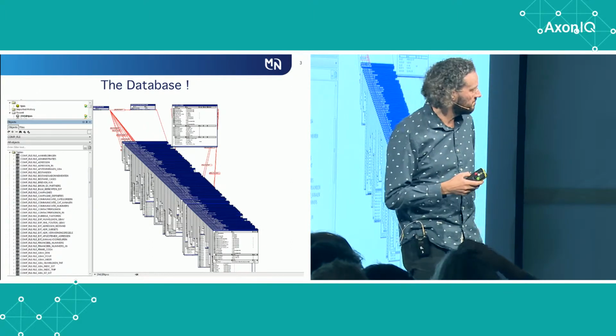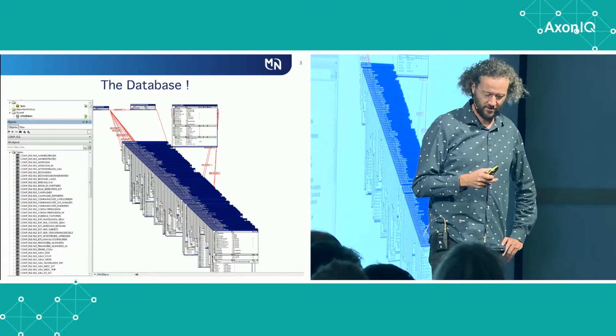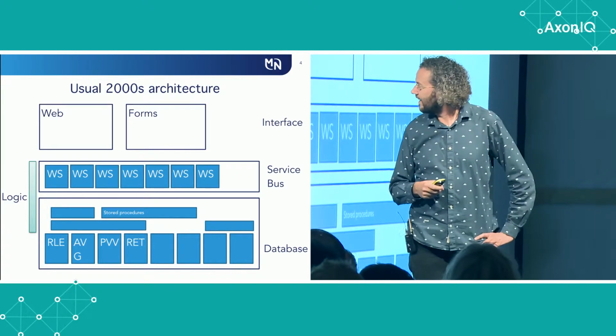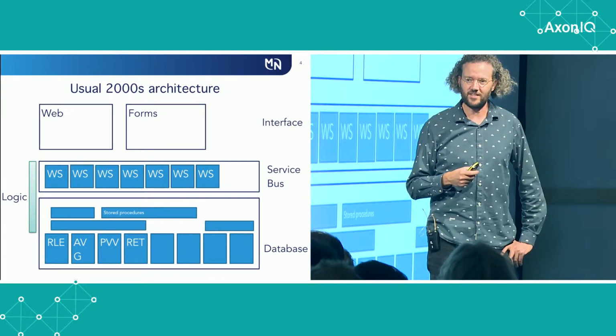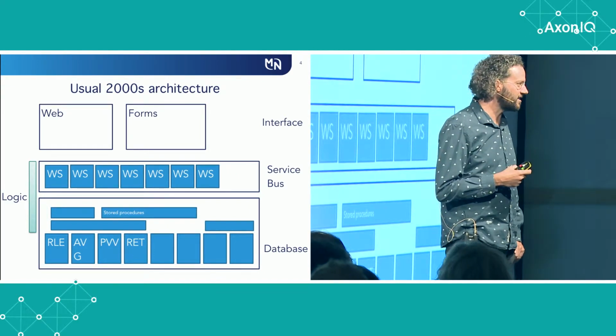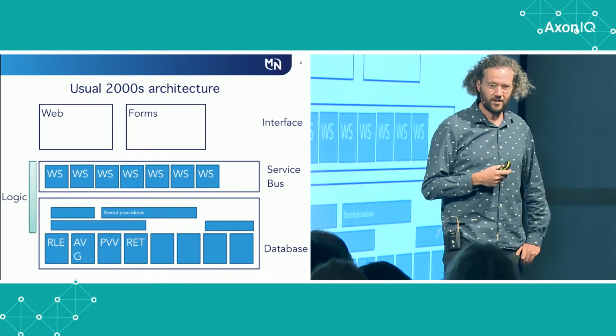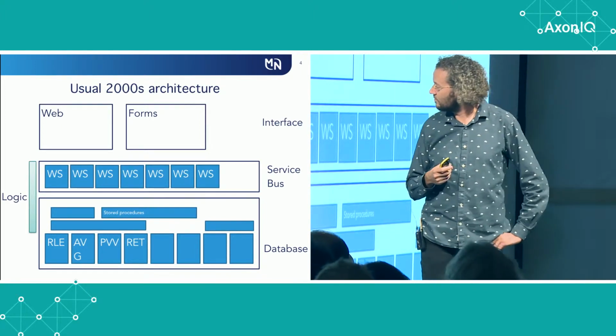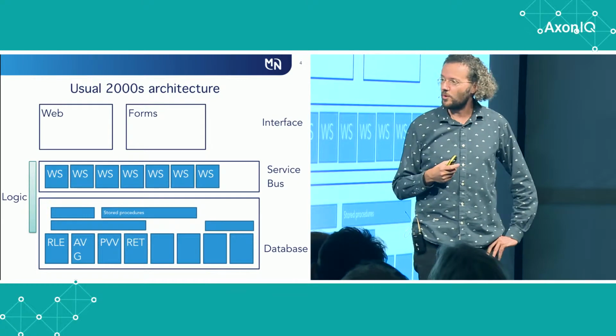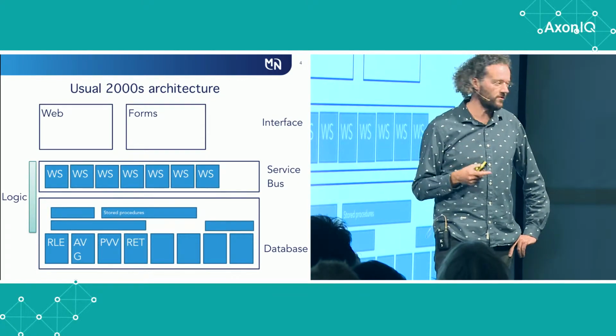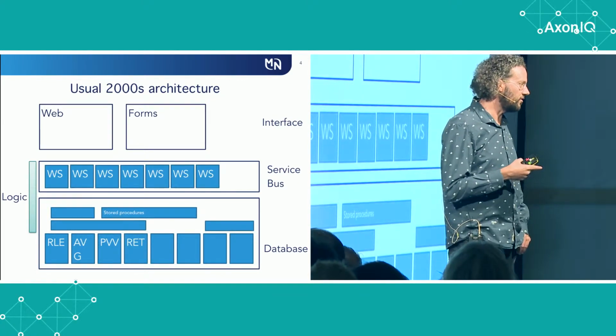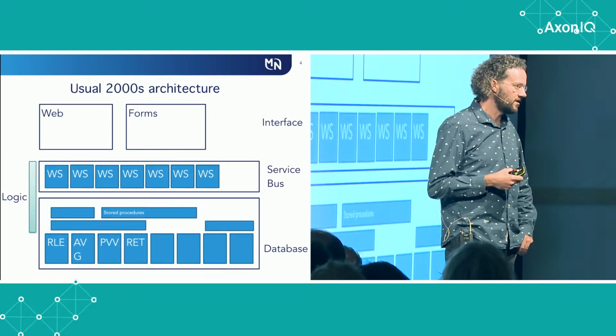But I'm not sure, I think somewhere in the 2000s, we ended up with service-oriented architecture. That was a way to newly extend your system. And it was another thing just to add a service bus on top of it with web services, and these web services started to use all these different stored procedures. So,